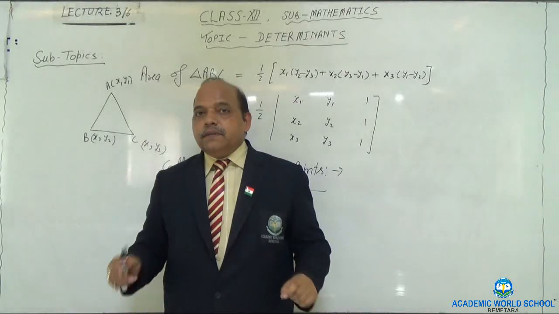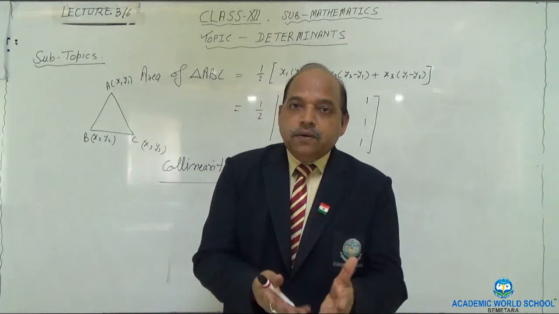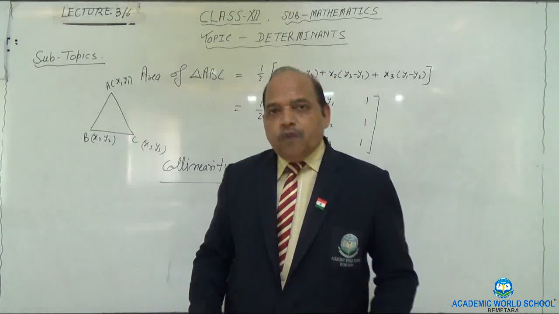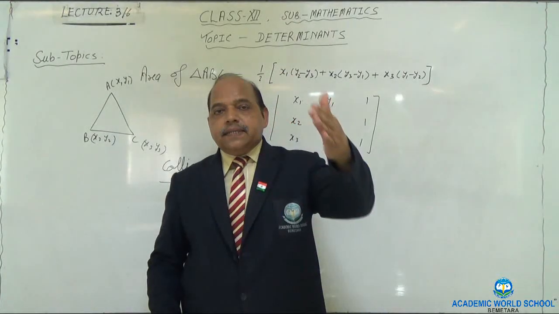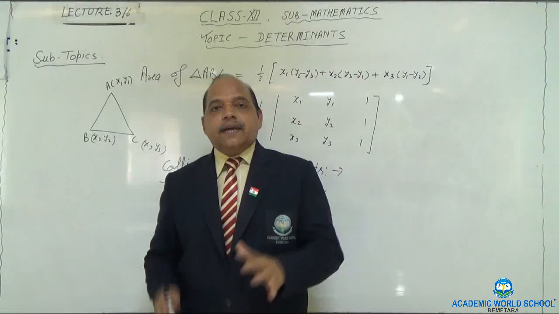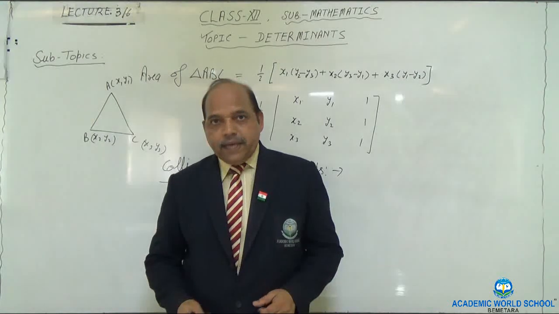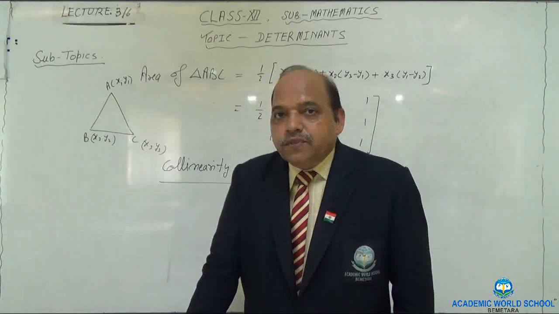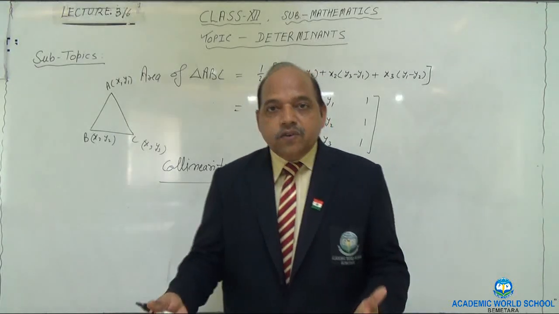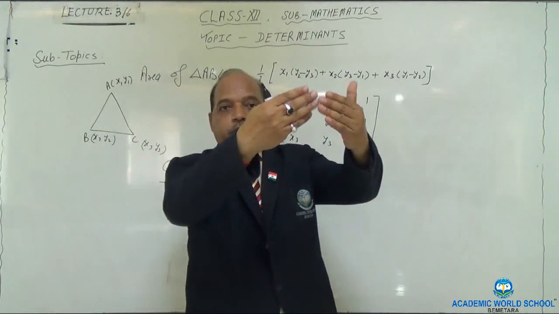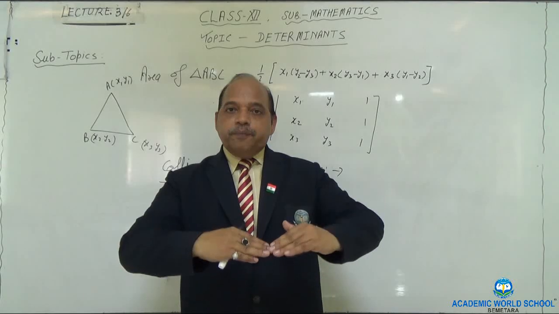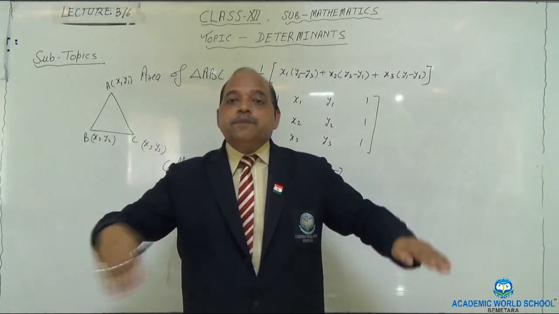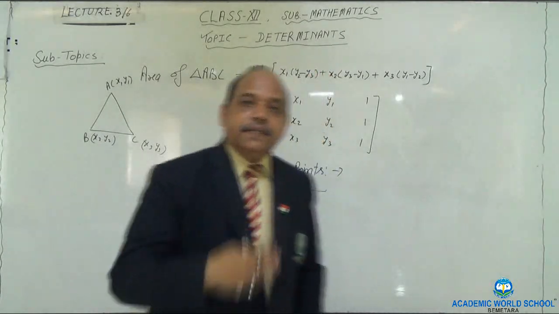Now, what happens if we don't know what type of points are given? So obviously we can assume that, let's say these three points are forming a triangle. Fine. You can find area of triangle. Suppose if area of triangle comes 0, what does it mean? It means there is no triangle. What does it mean? The third point lies on the line, on the baseline itself. That means this becomes the condition for collinearity.